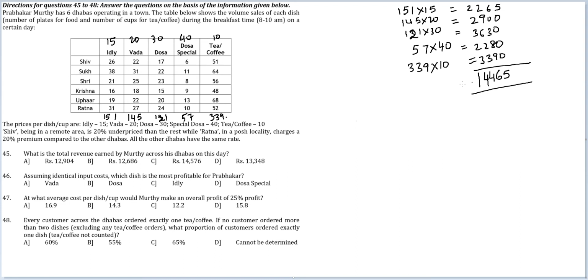Because I'm reaching 14,465, I can mark option C as the answer. The bill can only go up from here. This is not the precise value. If you want to calculate the precise value, we can also do that. 5 items have 20% premium, 20% is 1/5 only. So plus 15 here. Again 5 items, 20. So plus 20 here. 7 items extra, 20% of 36. So plus 42 here.